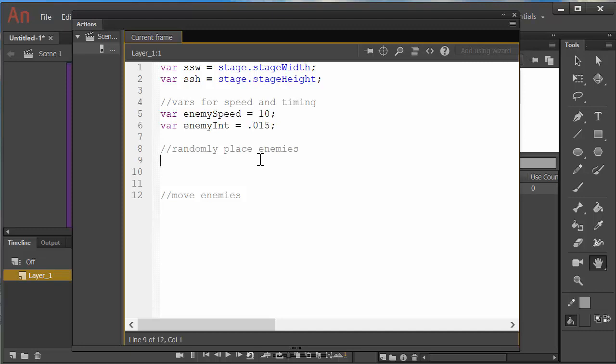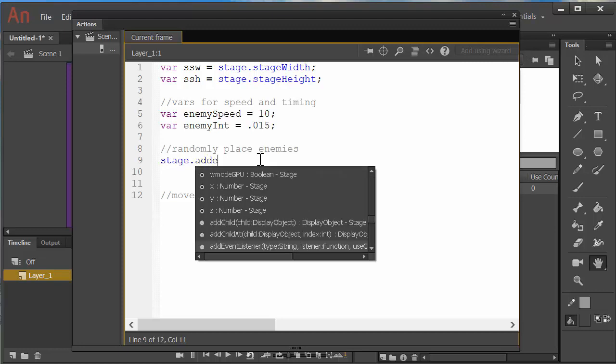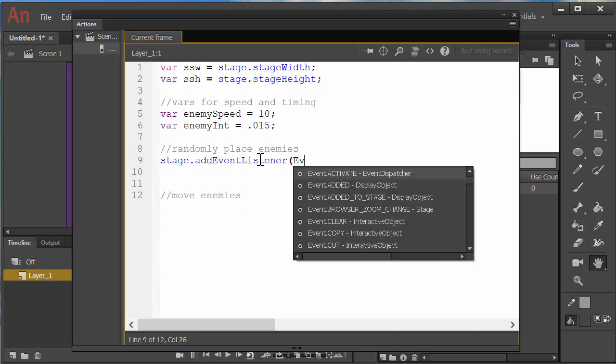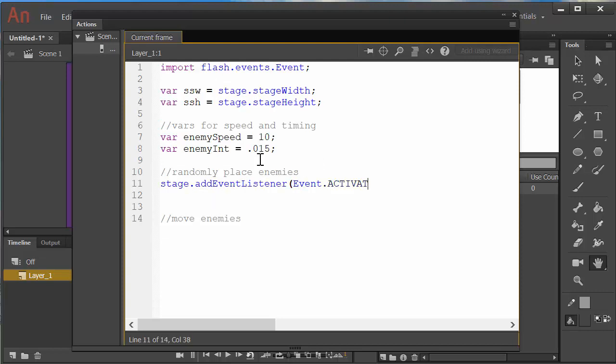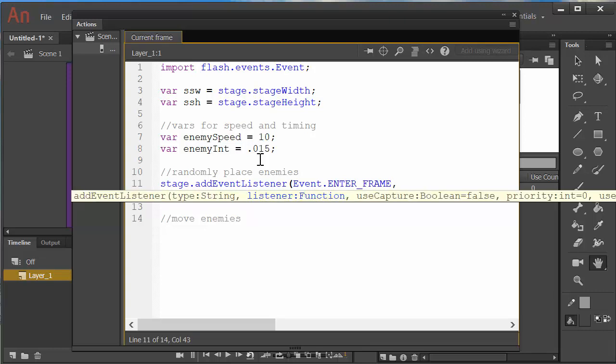So randomly place enemies. Let's build this up. We're going to use a stage.addEventListener, and we're going to use Event.ENTER_FRAME. It just suggested that for me. I didn't want that. Enter frame. And we're going to make a function called new